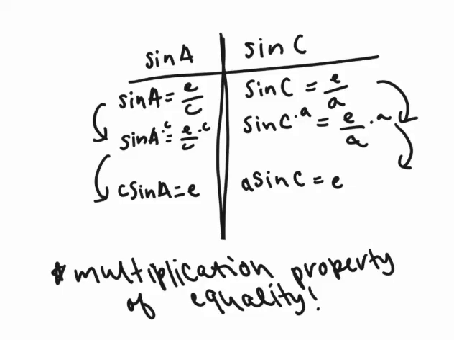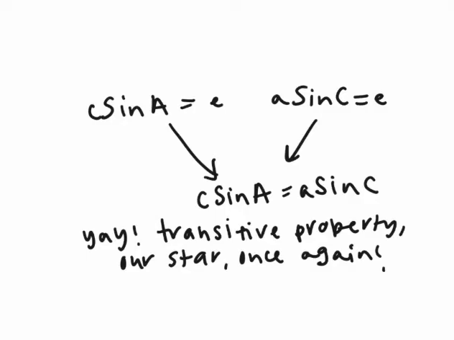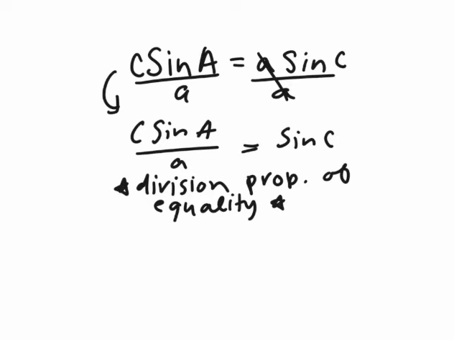So what can we do? Transitive property. Take the transitive property and set them equal to each other. So C sine A equals A sine C. Wow, magic. Next step, we're going to use the division property to start to form that law of sines and